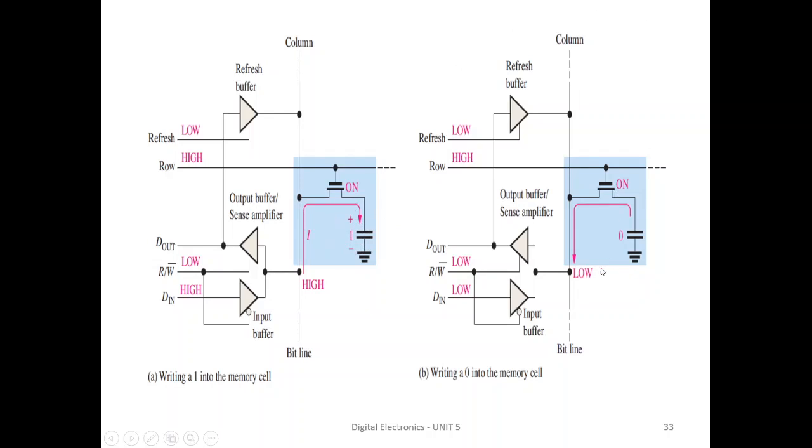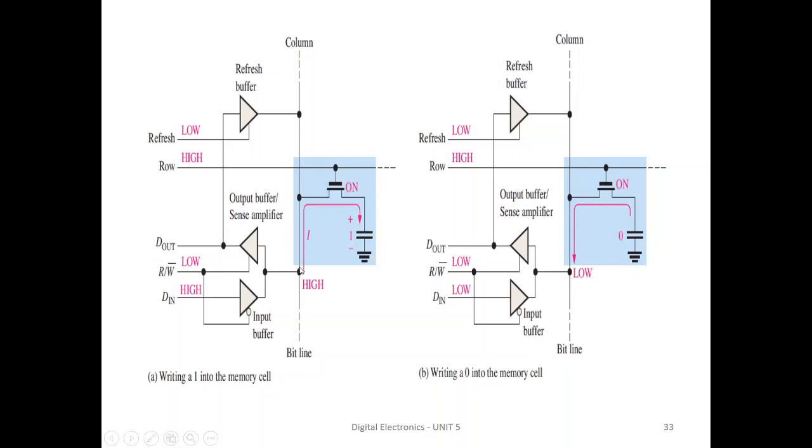Suppose I don't switch on the supply, meaning I don't give any power supply. I give a low on this bit line and no charge is stored in my capacitor. So a 0 will be stored in this capacitor. So 1 will be stored when I give a high on this bit line, and 0 will be there if I don't give any high, because no charge is present in this capacitor. So this deals with the dynamic RAM storage.